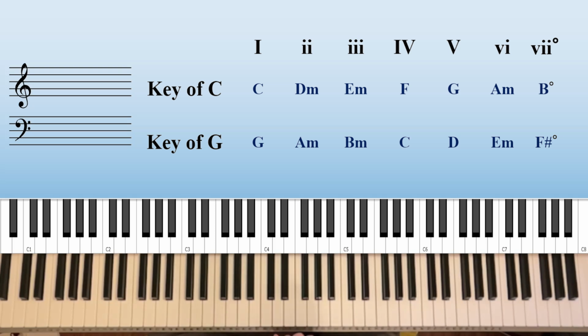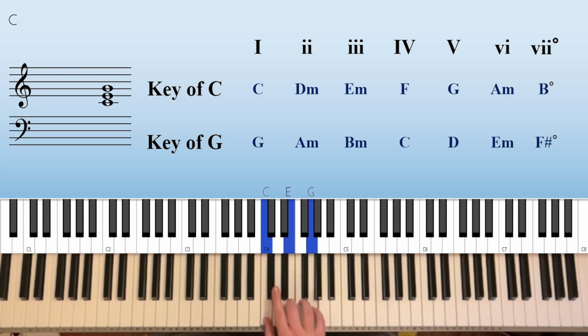So in the key of C, you could think of this key as all the letters. So C, D, E, F, G, A, B. Or you could think of, I'm starting on C and now this is 1, 2, 3, 4, 5, 6, 7. Right? So chord progressions, we're going to look at the first chord in the key of C, C major, and